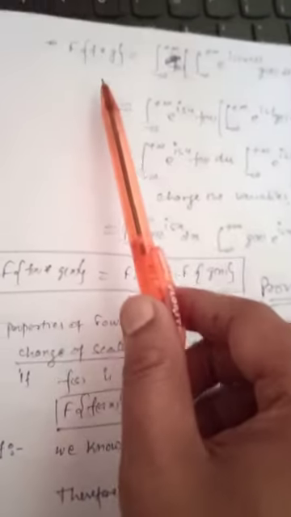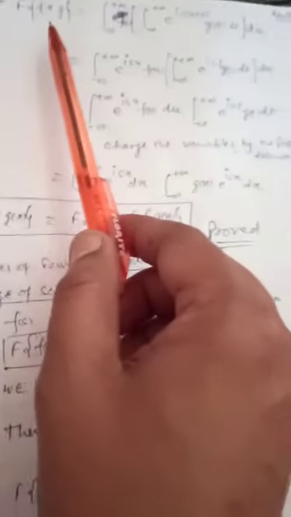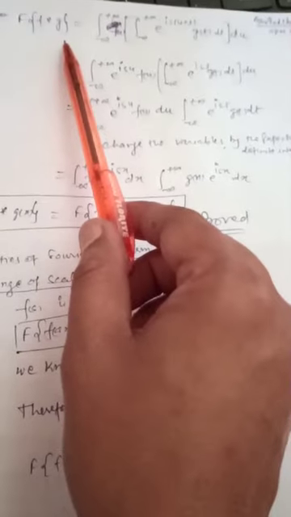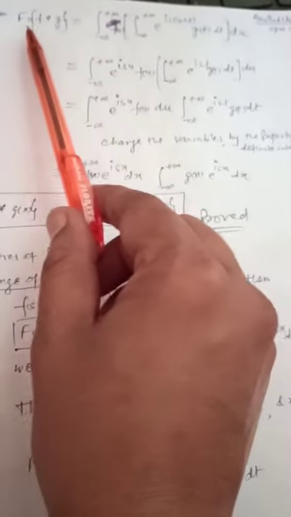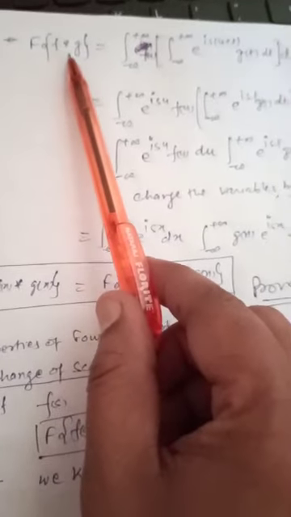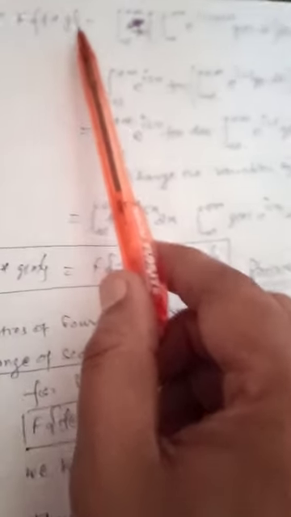Then, in the next phase, what we are going to do here is try to find the Fourier transform of f convolution g, which is equal to